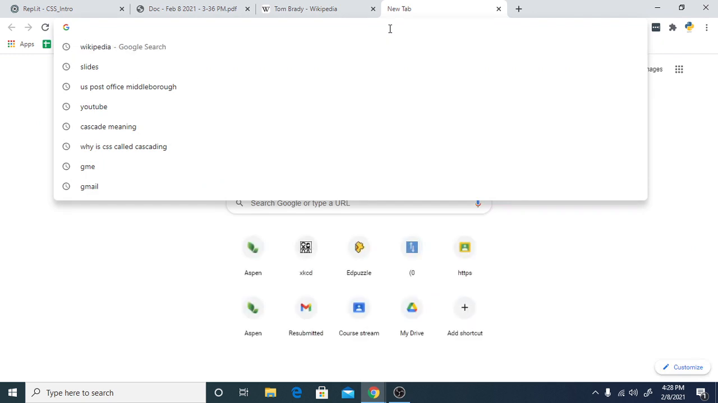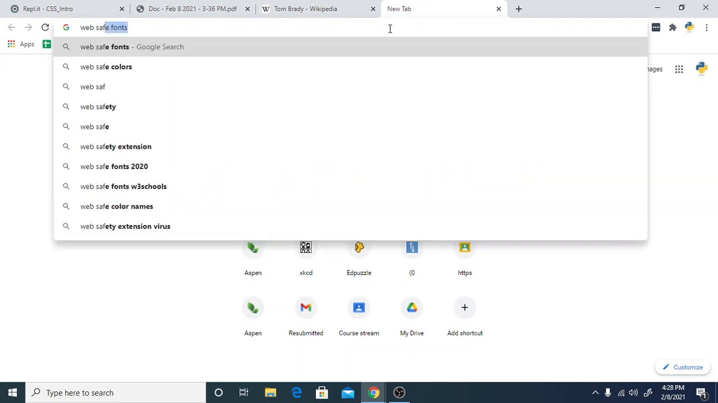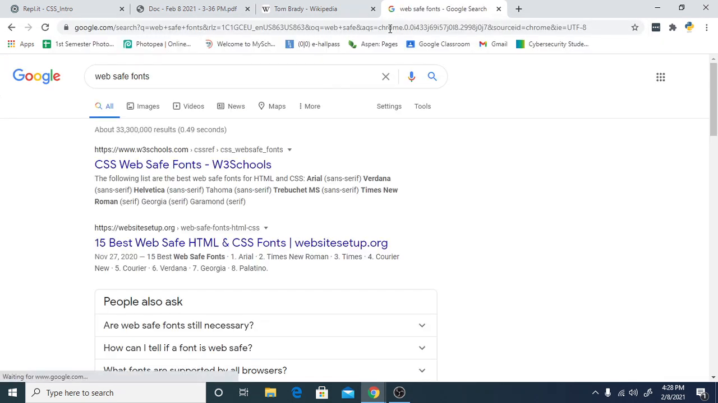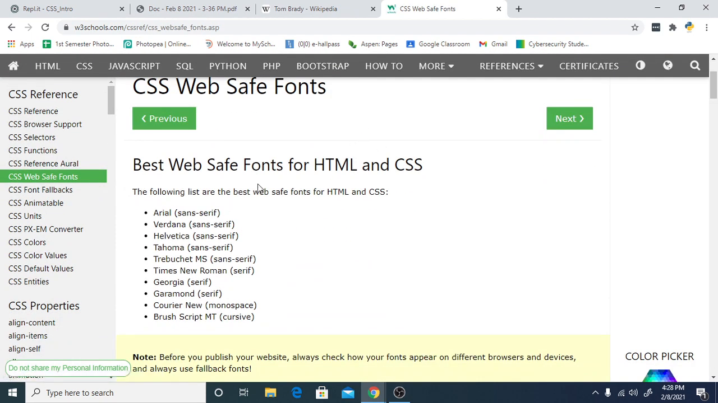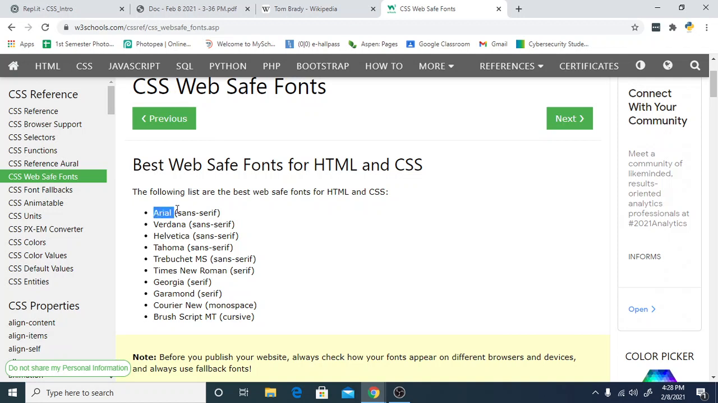So let me search web safe fonts. Let me just show you what I mean by that. So this is a list of the most common fonts that pretty much every browser is going to support. These are just the most basic fonts that you've seen. Arial is just